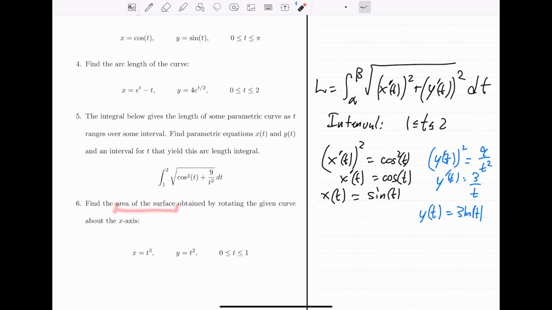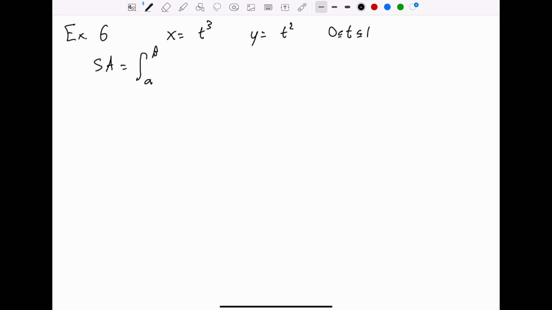Here we will find a surface area using parametric curves. So here's our two parametric equations. We've got the interval for t, and we want to find surface area. So we have the x function t cubed, the y function t squared, our interval for t from 0 to 1. And let's write the surface area formula for parametric curves. We have the integral from alpha to beta of 2 pi times the y function. Here's our y function, times dl, which is the square root of the x function derivative squared, plus the y function derivative squared, integrating